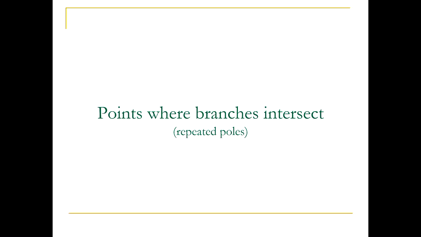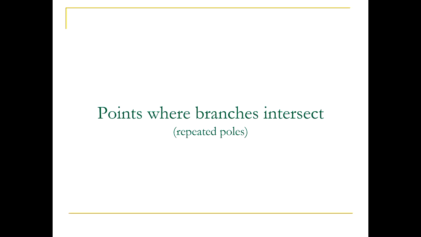All right, so now we want to give a formula for where branches intersect. I said for each pole of the closed loop there corresponds one branch. Now there may be some situations where branches are going towards each other and they might intersect. At points of intersection of branches, we will have that the closed loop has